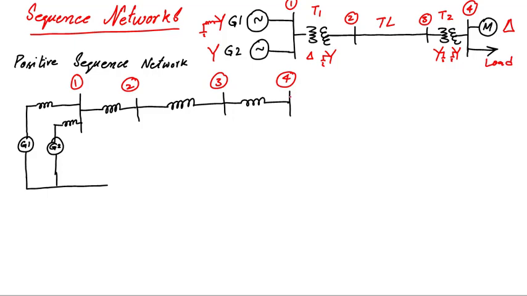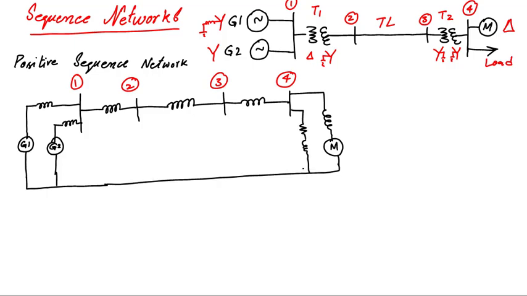With bus number 4 we have a load and a motor connected. So here is the motor sequence impedance in series with the induced EMF or back EMF, and the static load will be a combination of a resistance and inductance. So here we had the positive sequence circuit of that network. This is transformer T1, transformer T2 reactance, this is the transmission line, motor and generator. So this is known as the positive sequence network.